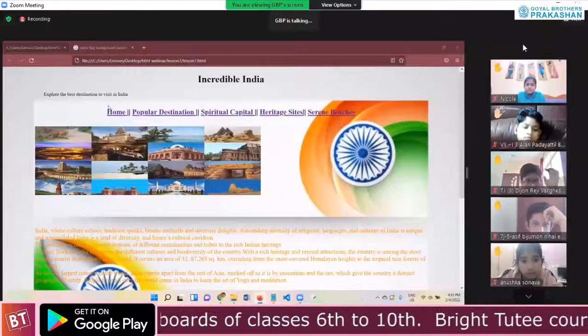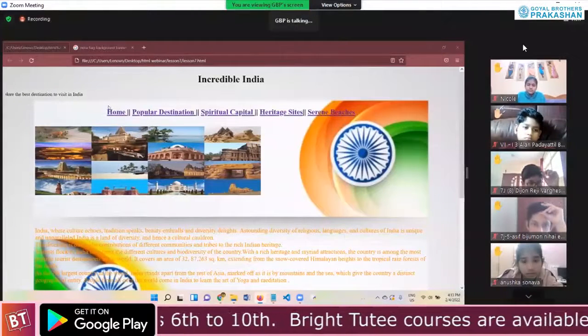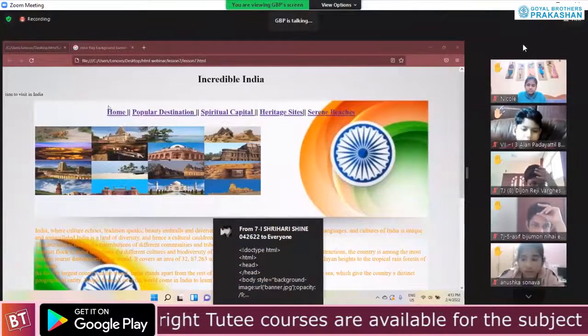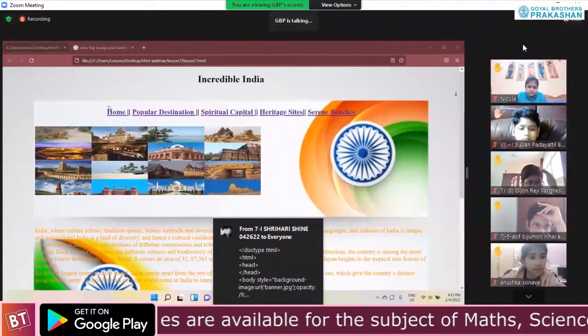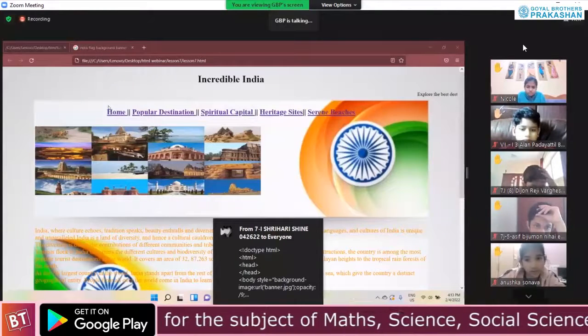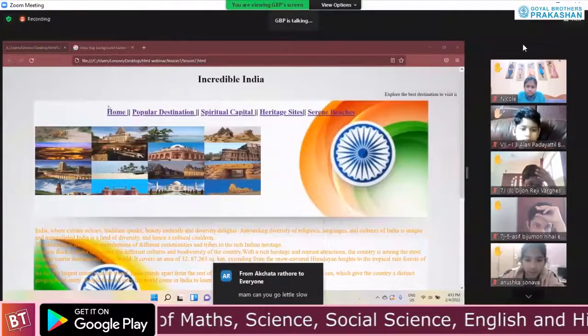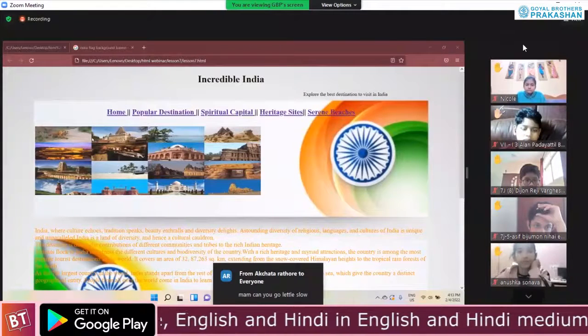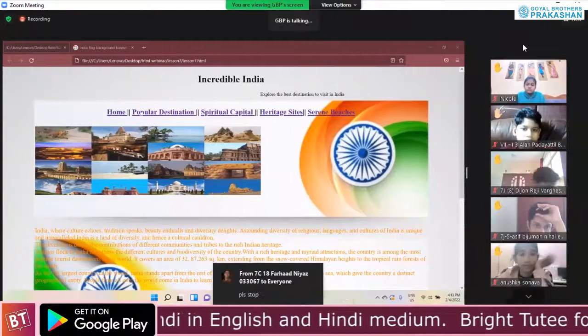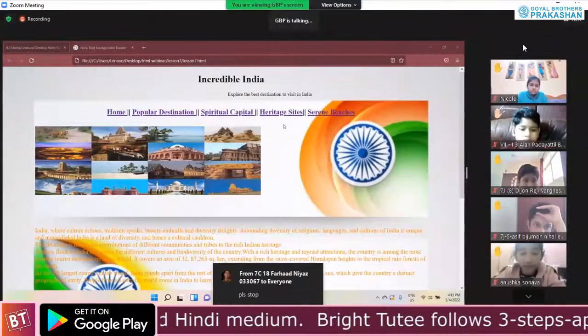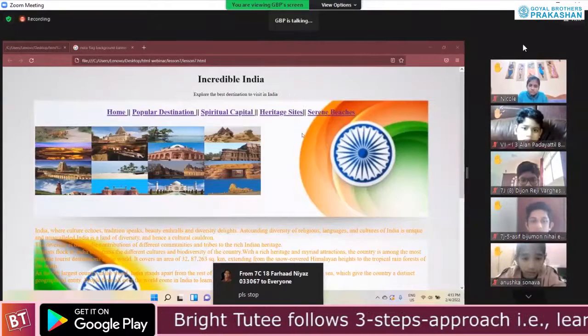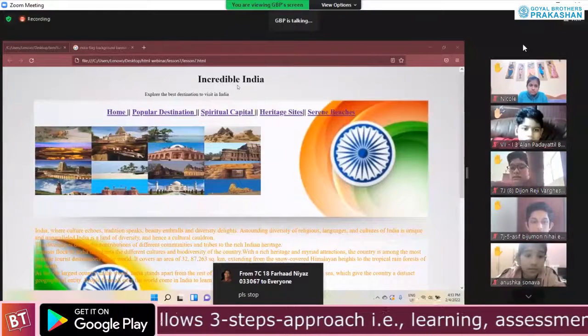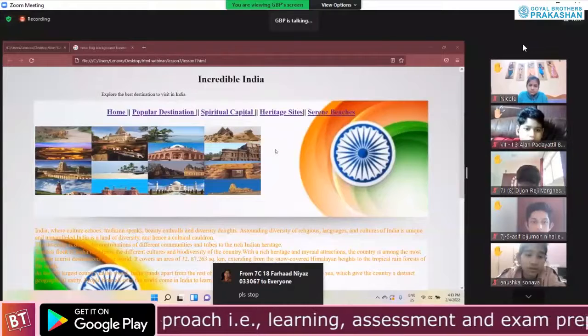We can style it using CSS and can remove it. Okay? Most of the websites, those professional websites, you don't find that bar. Underline नहीं रहता है ना ज़्यादातर. So we can remove that using styling. Now, popular destination, spiritual capital, heritage site, serene beaches. All these are our elements of li.